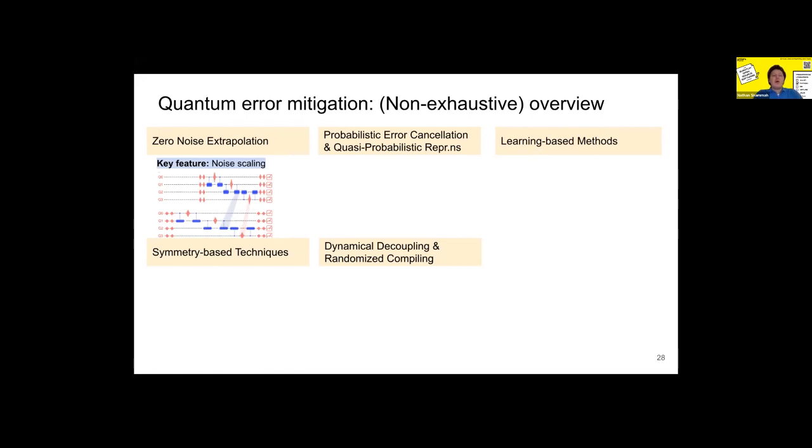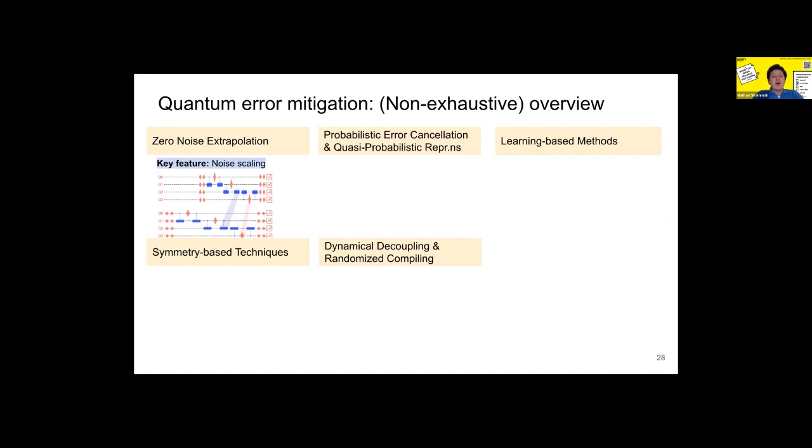But basically what you see here is again this model of a quantum circuit in which, to some extent, you're stretching the gates, making them longer in time, so more exposed to noise. And so you're decreasing the quality of the results you obtain in this program compared to this program, but this allows you then to extrapolate to a zero noise value. It's again a way to sample the noise